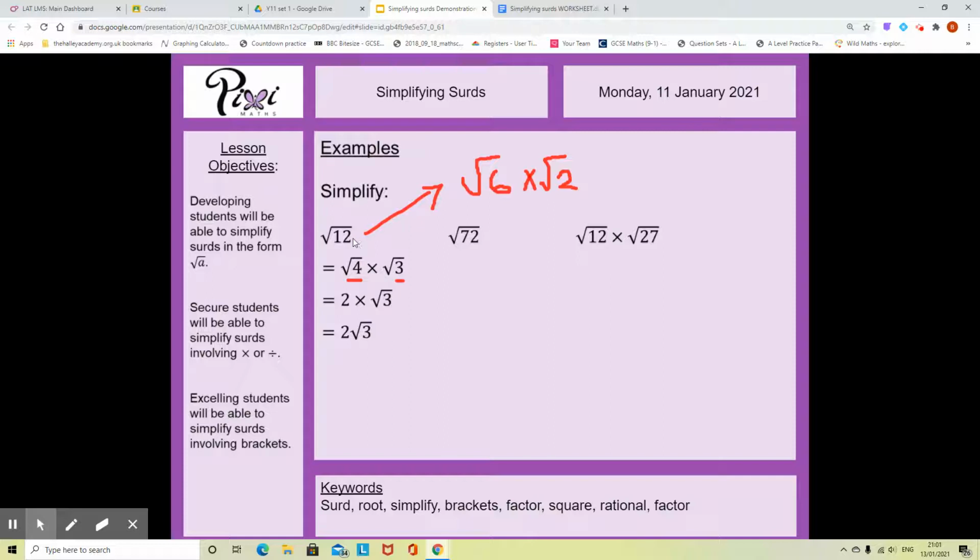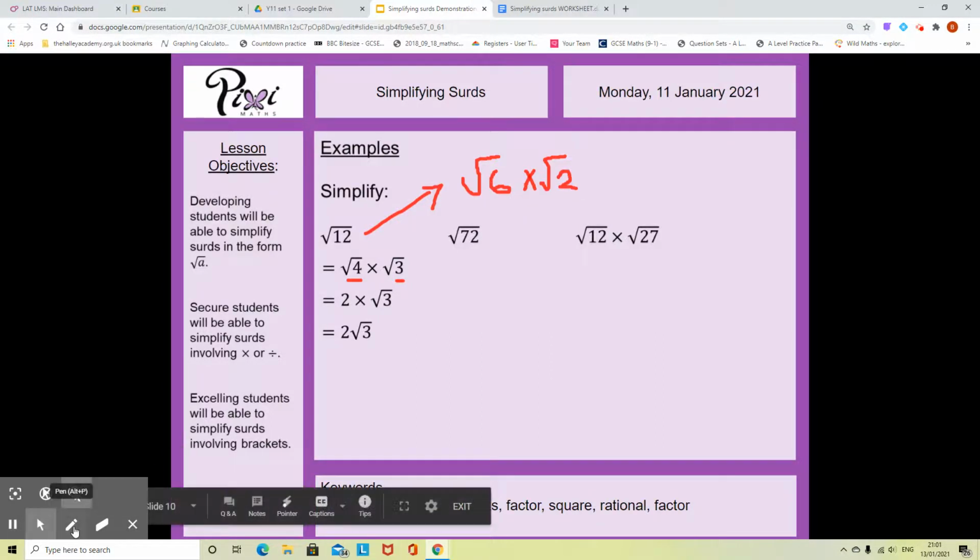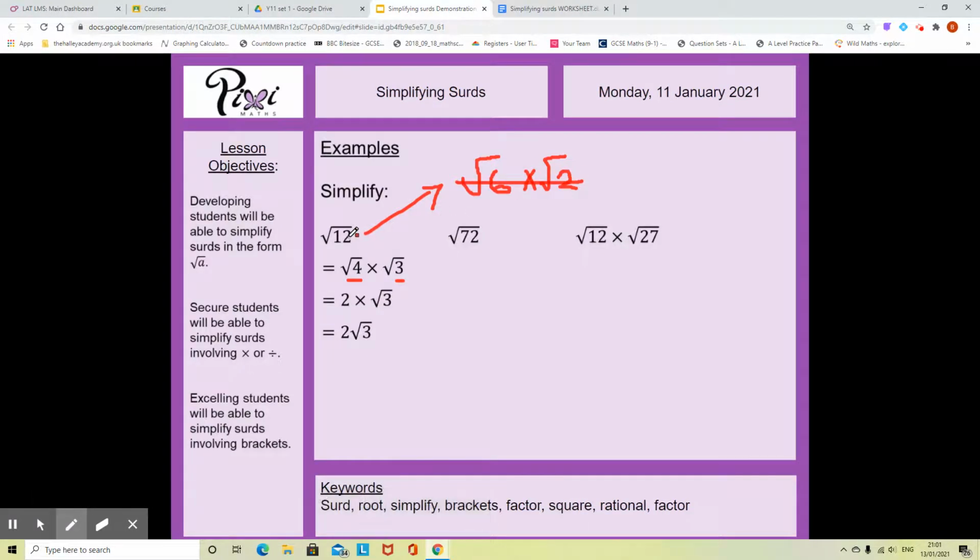If I had broken 12 into 6 times 2, or square root 12 as square root 6 times 2, I couldn't have further simplified because neither 6 nor 2 are square numbers. Hence, this cannot be chosen. So during simplification, ensure you use square numbers as a factor because you can simplify them as they will be